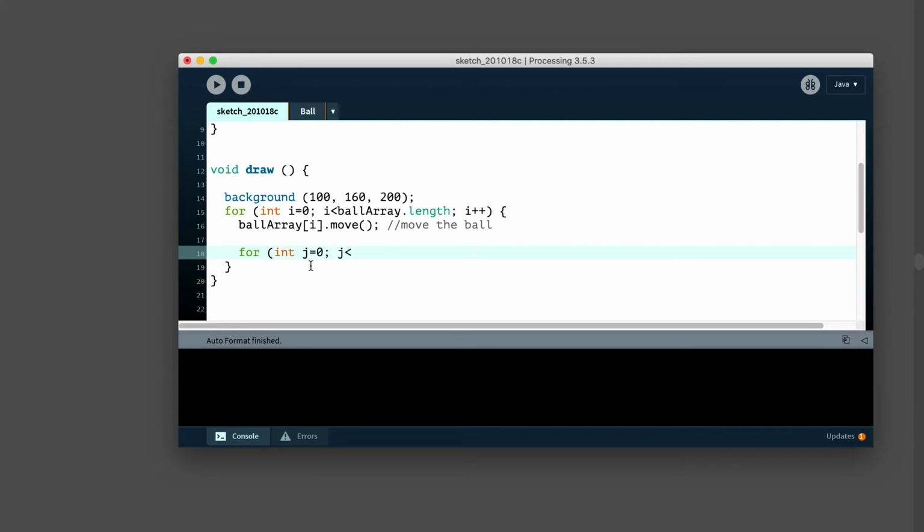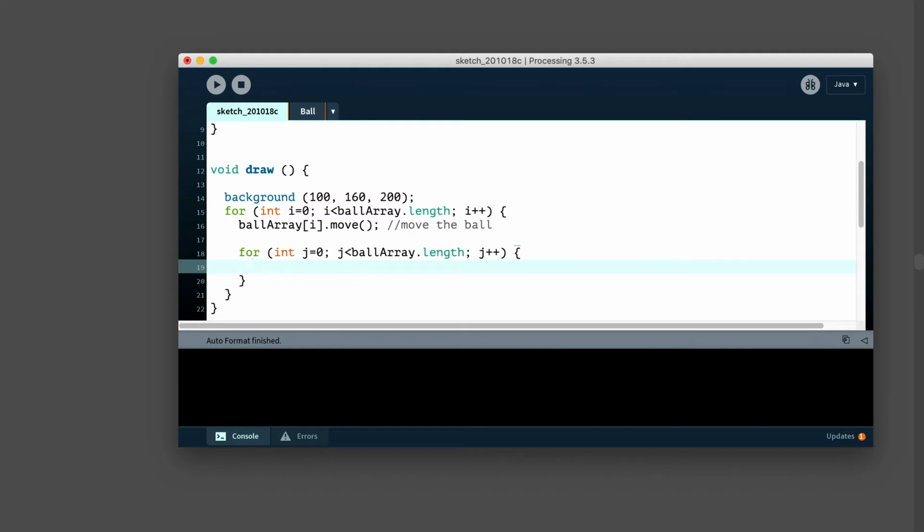So again, we're going to go through, pick one, and then after we've picked that one, let's also go through all the other ones and see if there is an intersection between all of the other ones in this case. We can use roughly the same for loop except for the variable name.